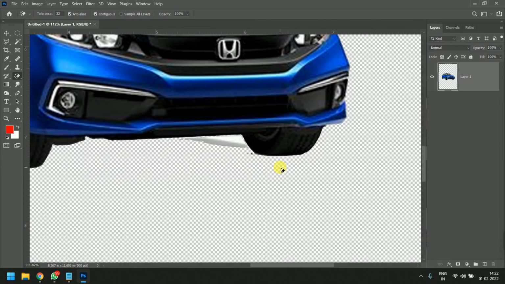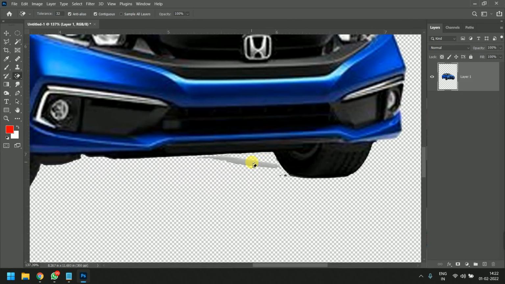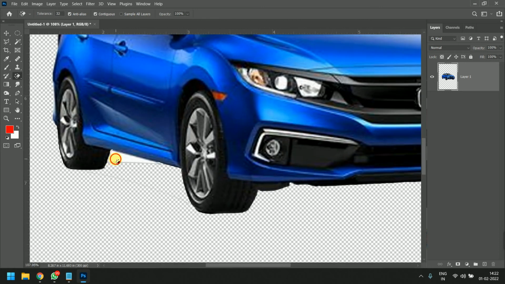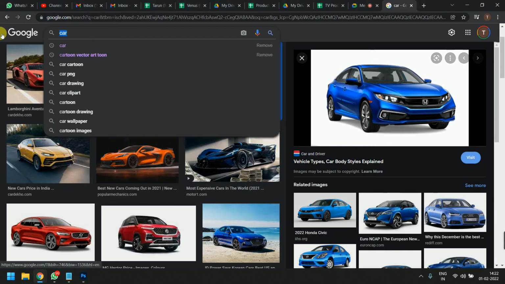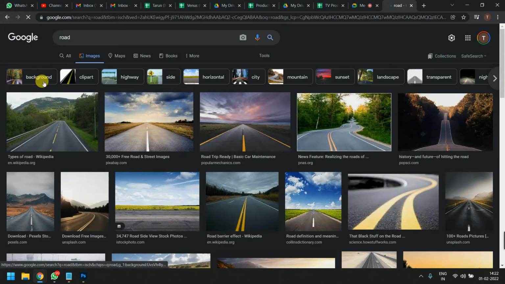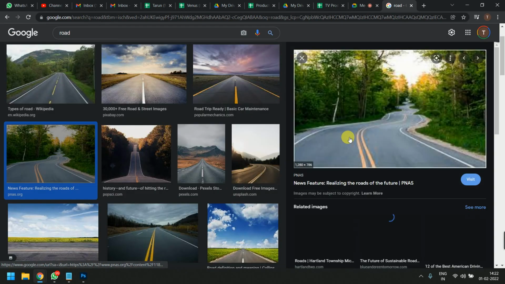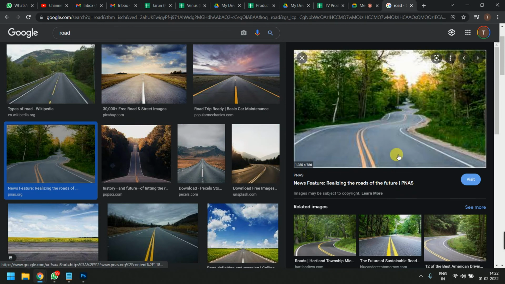So now I have to download one more image, one background image, where I should place this car. So the car is removed, and I have to download one roadside image. This one is good, I think. So I have to download this road into my file, and I could also use this one also,